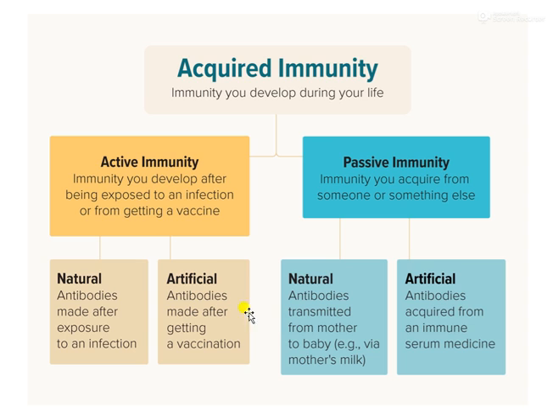In either of these cases, let it be artificial or natural, your body is getting exposed to the antigen and you develop an immunity against it. That is active immunity. Now, acquired immunity can also be classified as acquired passive immunity, where the immunity is acquired from someone or something else. In this case, you need not get exposed to the antigen, but the preformed antibodies of a person are given to you,